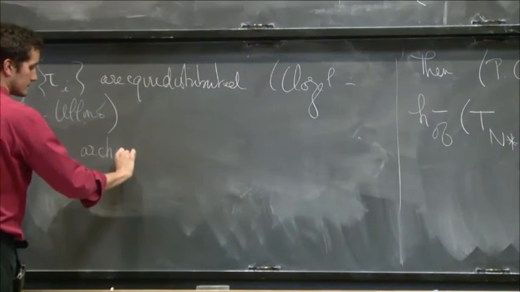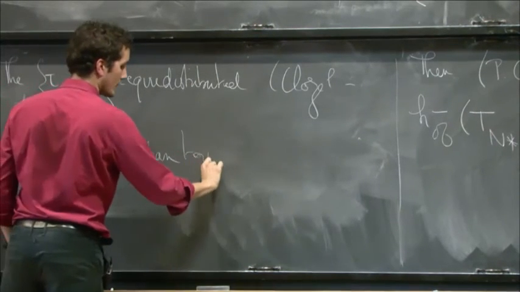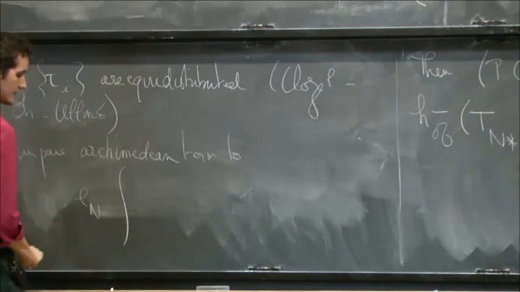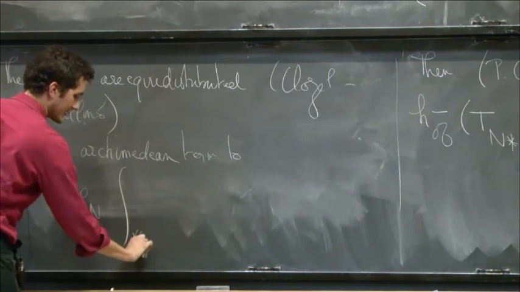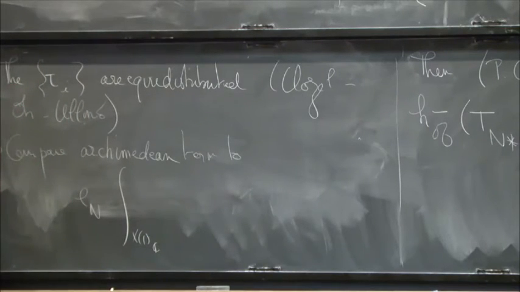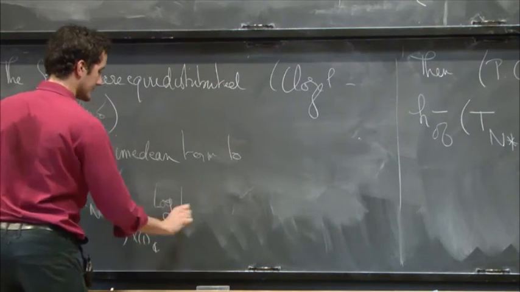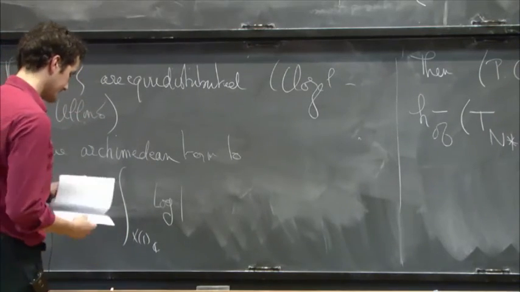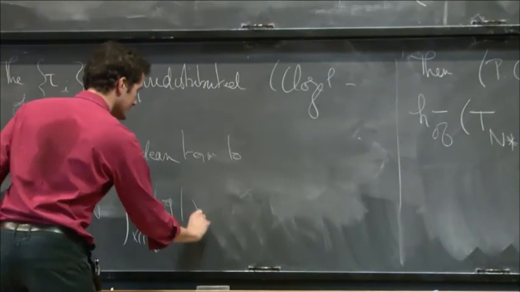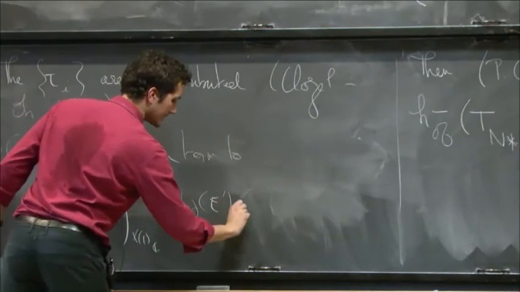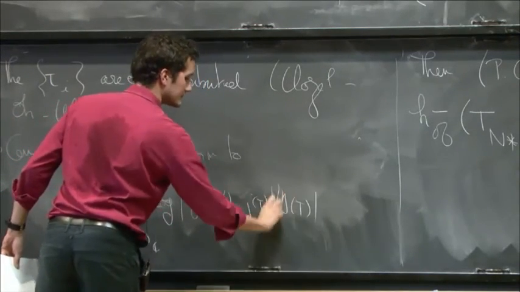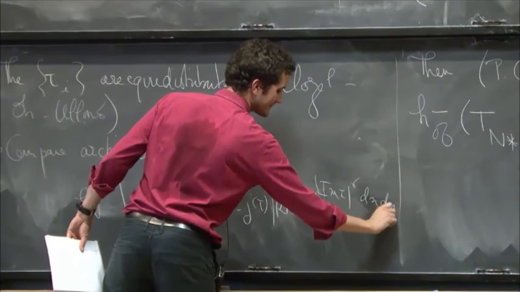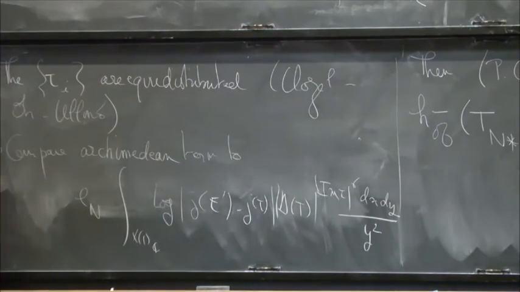the Archimedean term, so we have e_n terms, to e_n times the integral over, let's say, X(1) of the log of j of E prime minus j of tau, delta, imaginary part of tau to the 6, dx dy over y squared, right? So tau is x plus iy, and so this